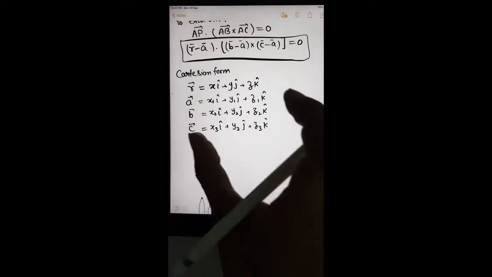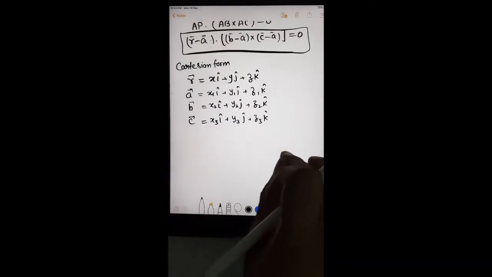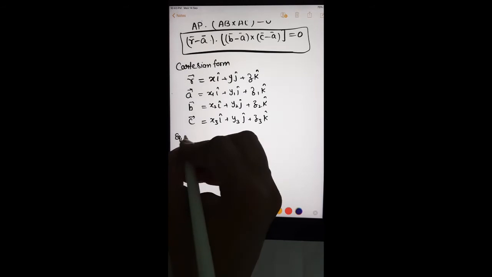So by placing the values in the vector form, we will get the equation of plane as